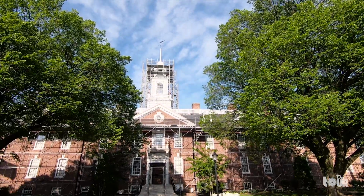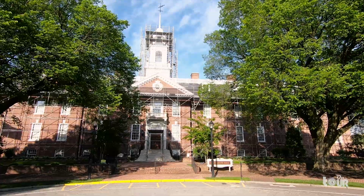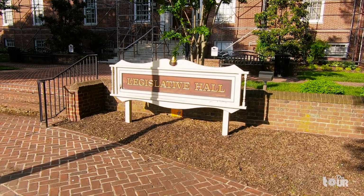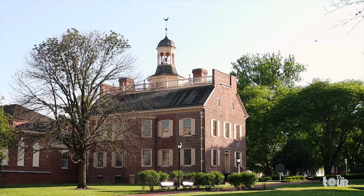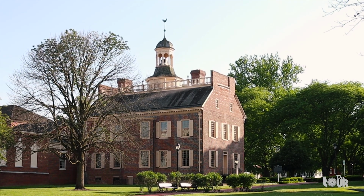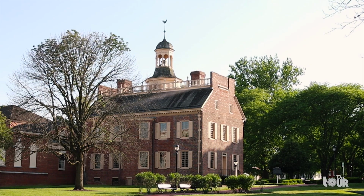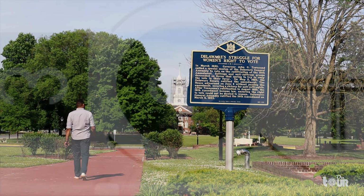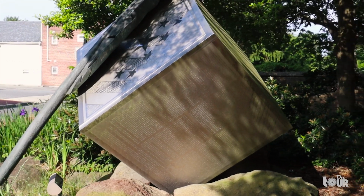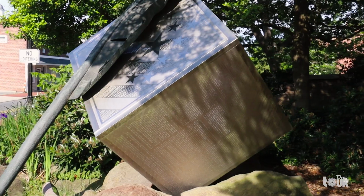And across the green is Delaware's current State House, Legislative Hall. It's been Delaware's Capitol building since 1933. Delaware's state, where its representatives aligned with a new document following America's independence in 1776, and also the failed Articles of Confederation. If we really get into the details, across the cube, we see an etching of the 26 amendments